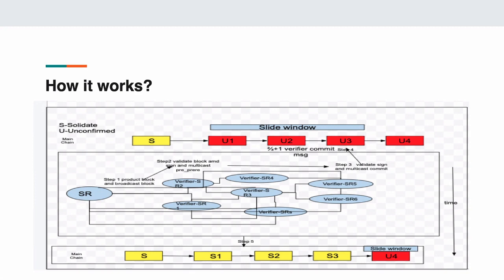After that, the SL checks whether it received 2f+1 verify commit messages. If yes, then they will make this block selected state. So in S3, if it receives 2f+1 PBFT commit messages, this S3 can be set to the selected state, and then all the blocks ahead of S3 can also be set to the selected state,